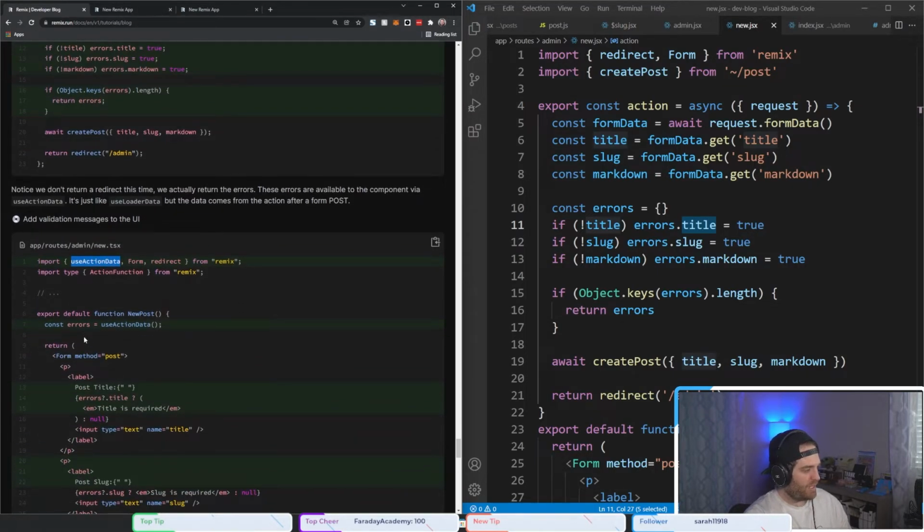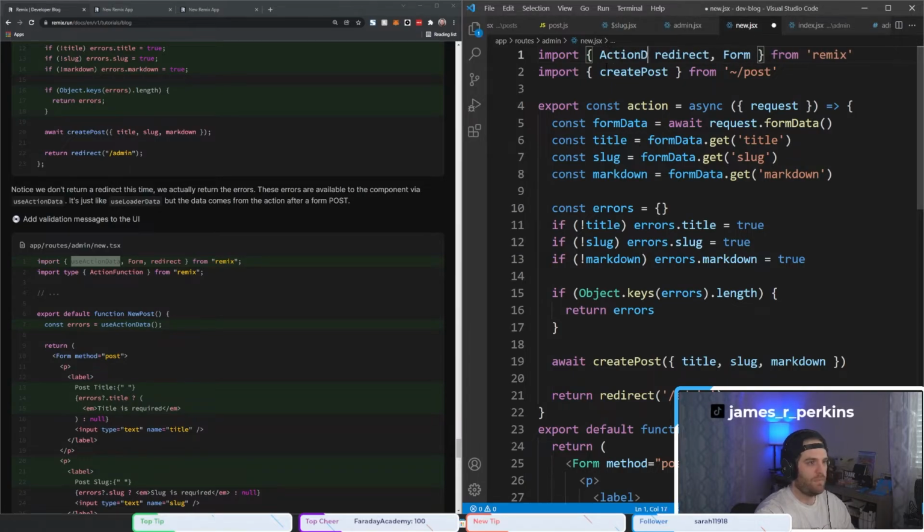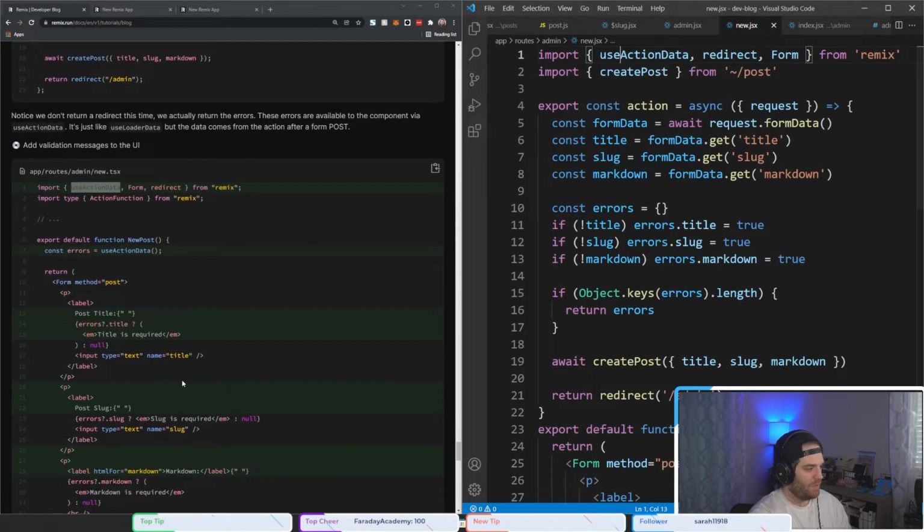So then we can add in this action data. Neat. It should be use action data though. Use action data. And then